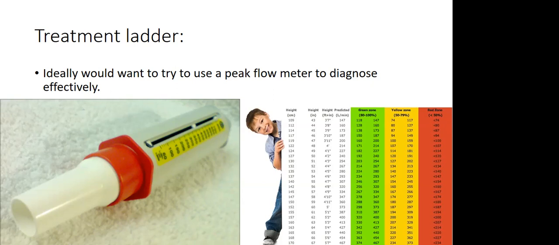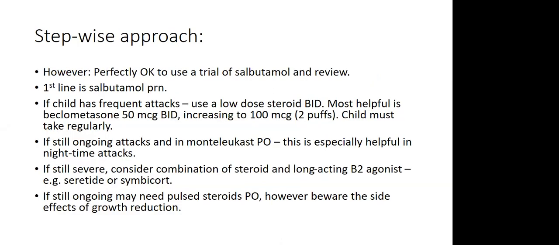So if you don't have one of those machines, then it's very easy. If you're doing an outpatient thing, you can do what we call a trial of beta-2 agonists. You would give the mother a spacer and an inhaler. You explain really well how to do it. And you say, anytime your child is coughing and getting sick, try giving them the salbutamol inhaler and see if you use it regularly, see what happens, see if the child is improving.